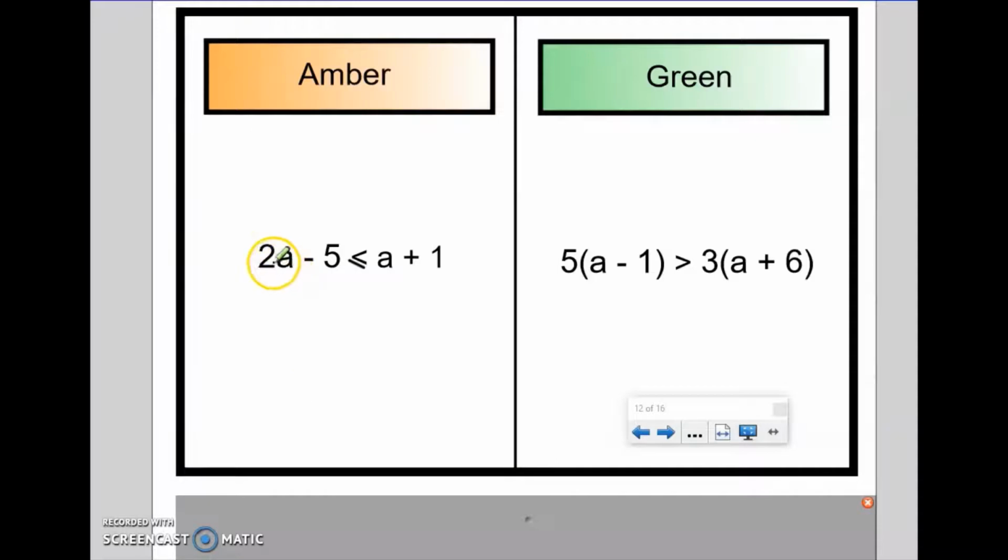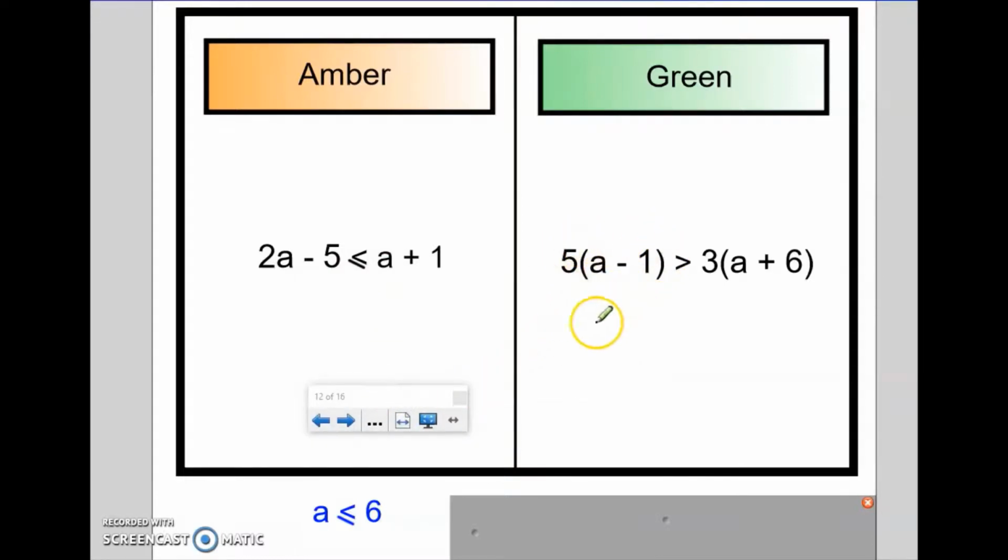Okay, welcome back. So on this side, I would subtract a from this side, at the same time subtracting 1a from here. I would add 5 to this side, at the same time adding 5 to this side. So I'm going to be left with a is less than or equal to 6. So remember that extra little line, or equal to 6. There's my range of answers that would satisfy this inequality. For the green question,